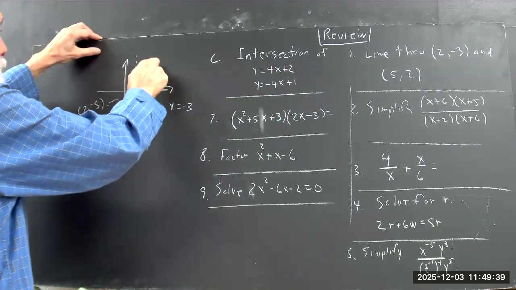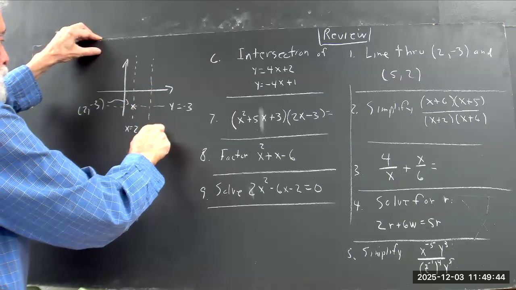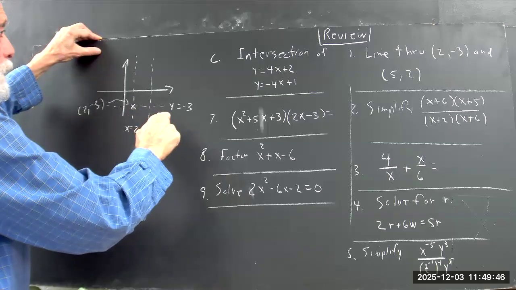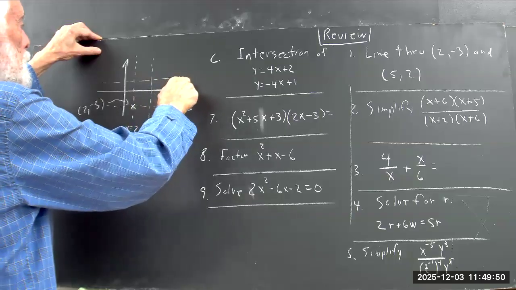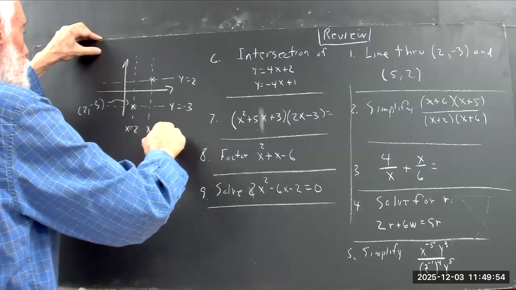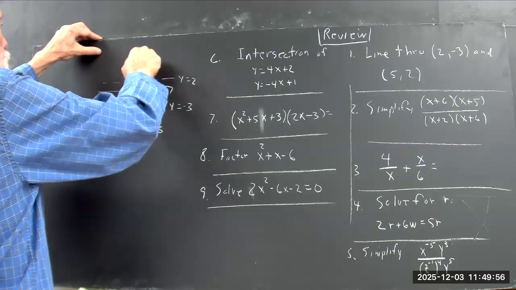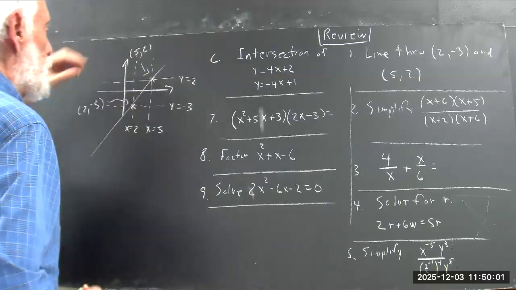Well, if that's 2, then 5's out here a little more than twice as far from the y-axis. There's x equals 5 and y equals 2. And here's the point 5, 2. And here's the line through